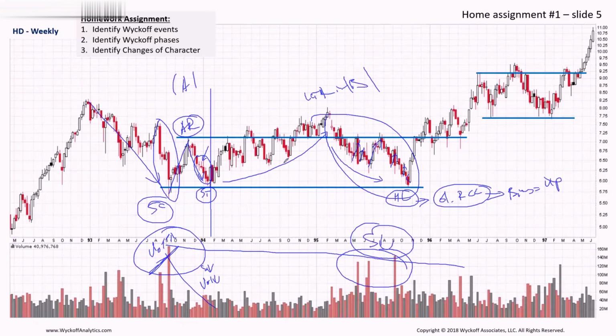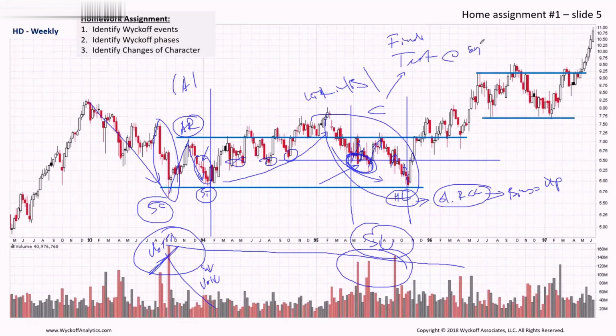I would probably put the boundary for phase C somewhere here. Why here? Well, because there are multiple tests in phase B that are being violated in this area. So this is the first time where those tests are happening. So therefore, with the intention behind phase C to produce that final test at the point of the support,